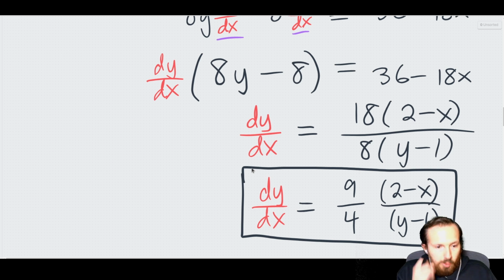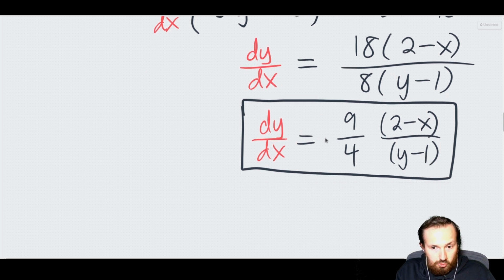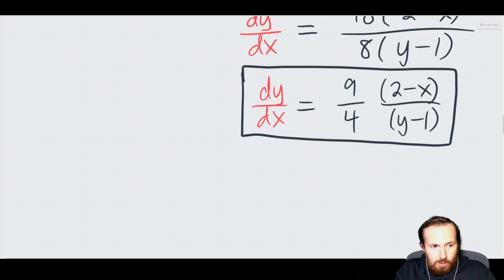Remember what we said before. In order for the slope of the tangent line to be horizontal, this slope needs to be 0. So in other words, the derivative here needs to be 0. When would that happen? Hopefully it's clear that the derivative would equal 0 here whenever the numerator is 0, and